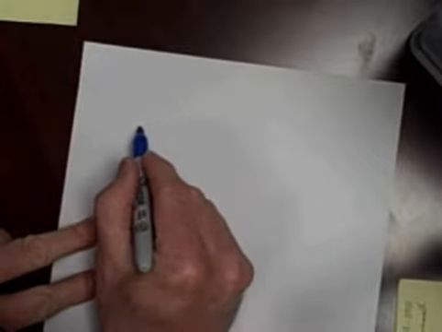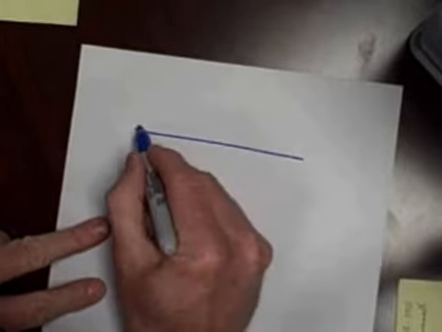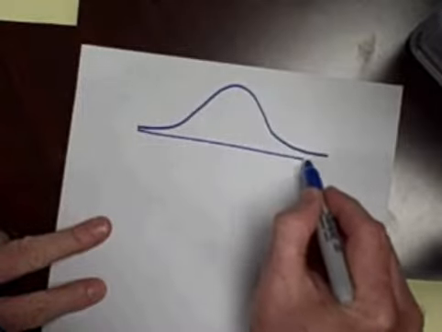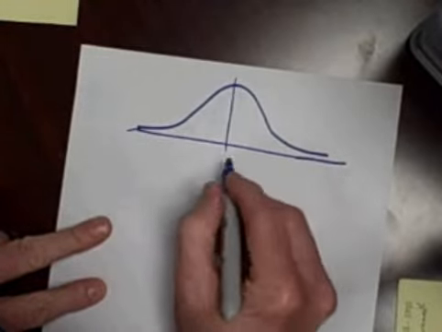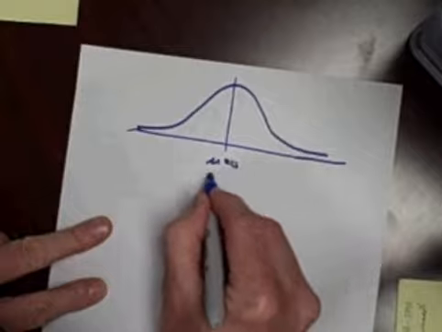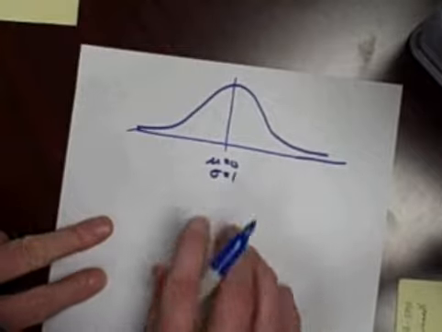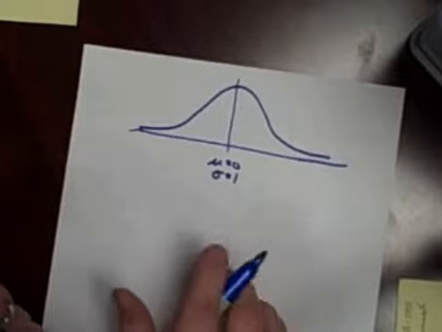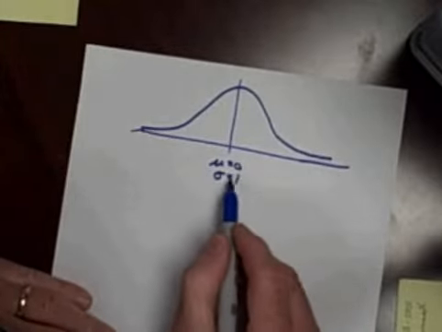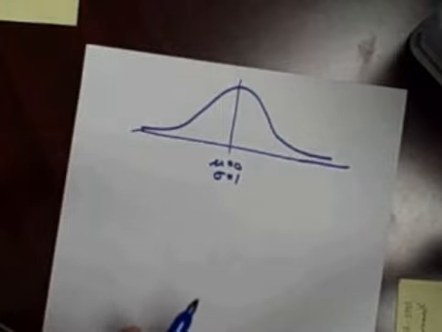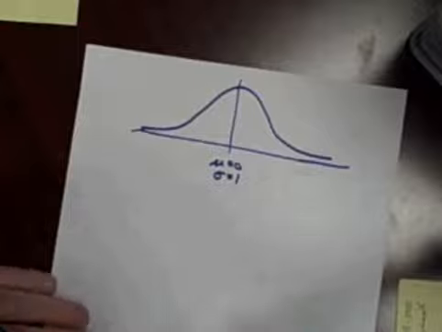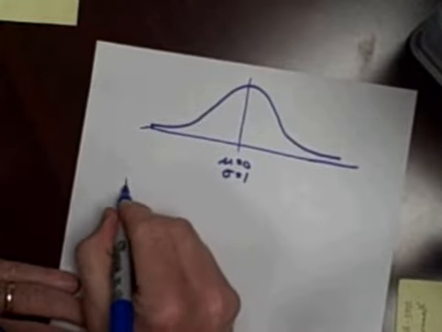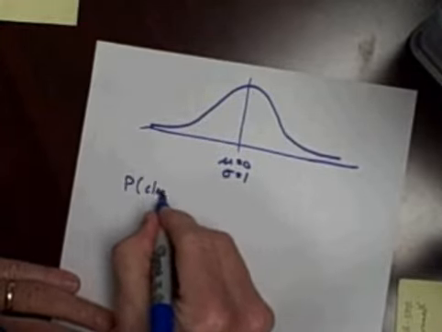Once again, I highly recommend that as you're doing these problems yourself, you do just like I'm doing: draw a picture of the mathematical idea. That makes it so much easier to understand if you have a picture that you can look at. Once again, we're assuming I'm working at the clock factory as a quality control engineer, and we have a mean of 0 and a standard deviation of 1, both in seconds, in terms of whether the clocks are running fast or slow. All right, this time I want to know what's the probability that the clock,